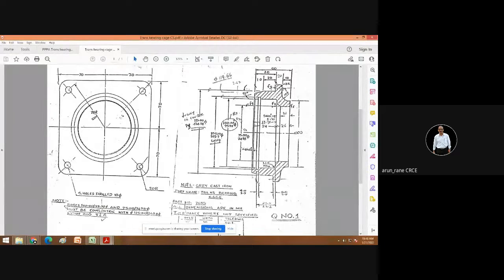So pi by 4 into bracket 12.5 square minus this ID, that is 10 square, bracket close, into the length, which you take as 30.